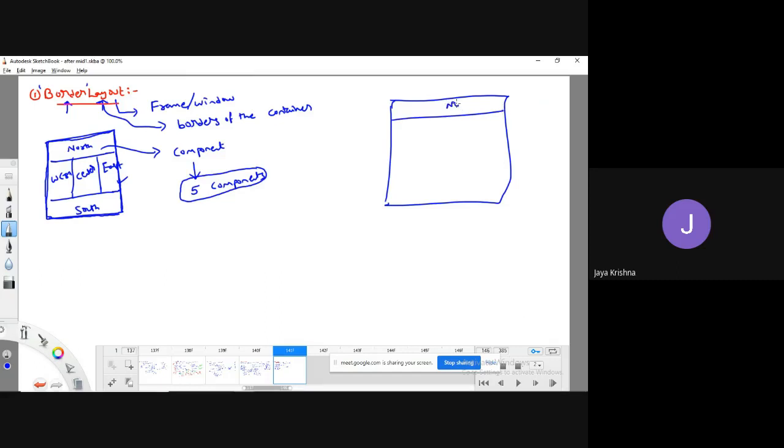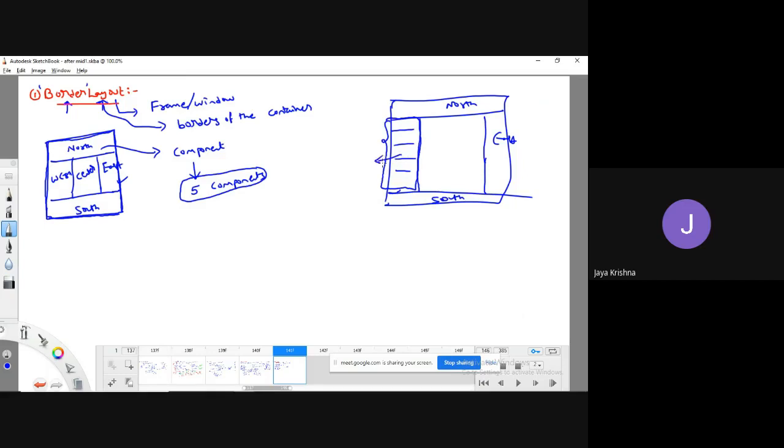I don't want to split the north region, east region, or south region. I would like to add multiple components in the west region. Then what will I do? I will use one more border layout for the west region, and I can divide it for multiple components.